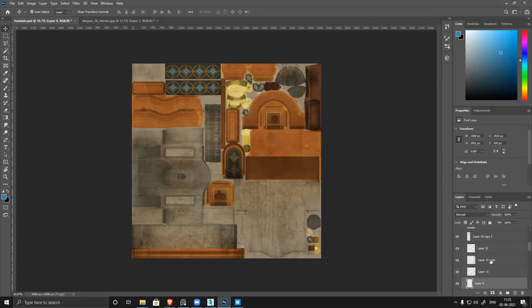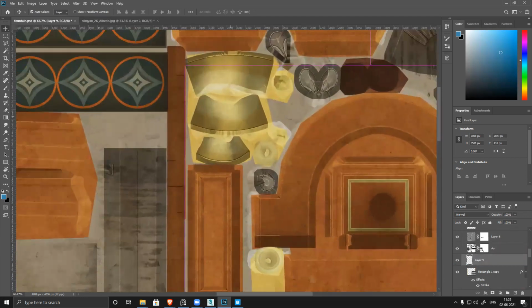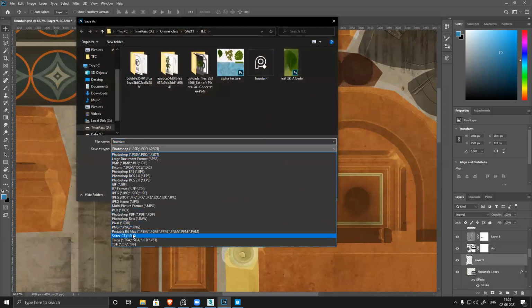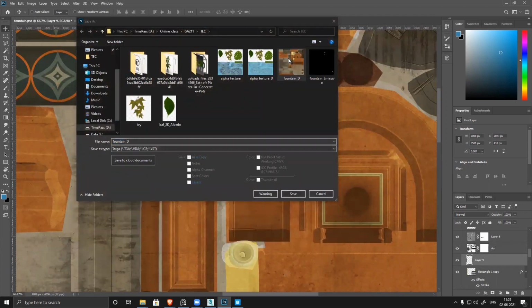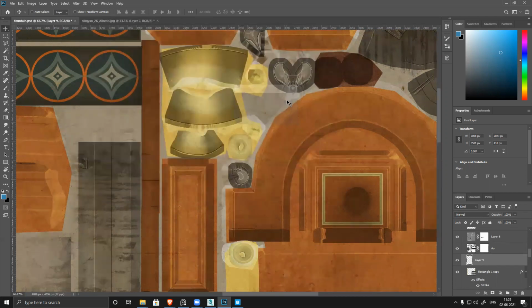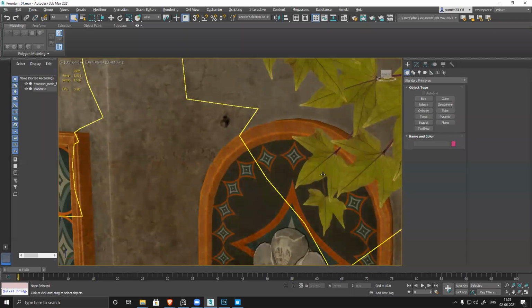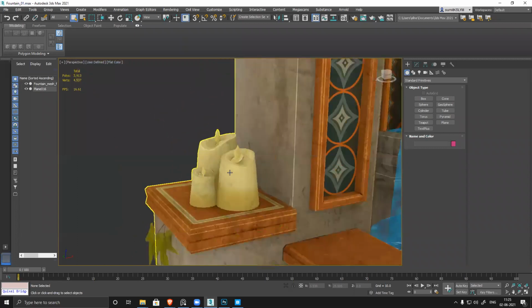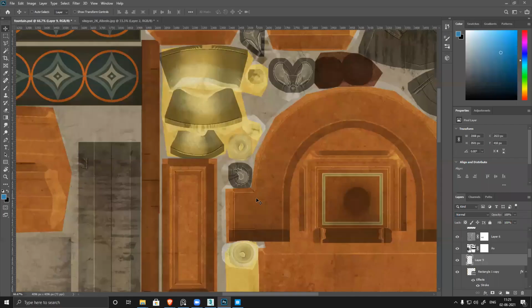Push it down so that it blends nicely. You have the brighter parts. Now it's much better. Previously it was super white and super bright.